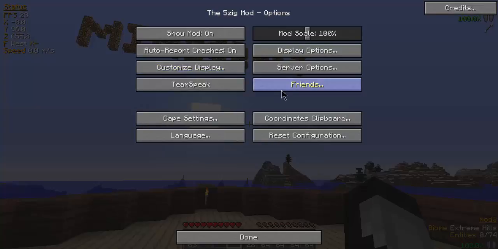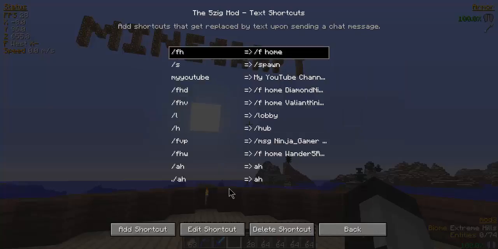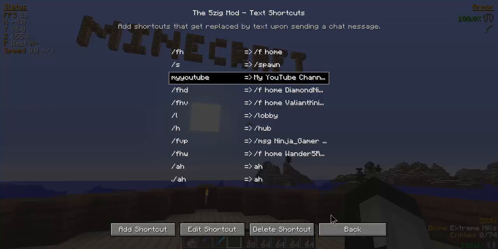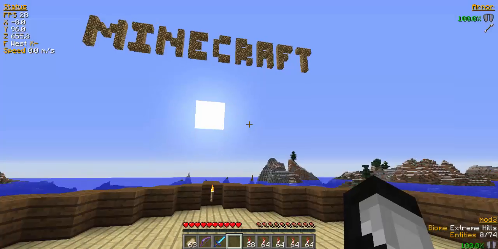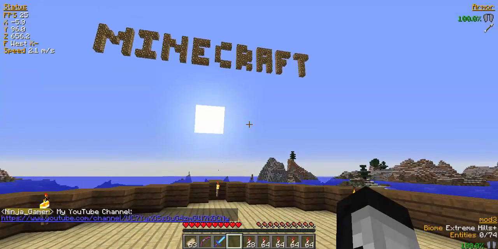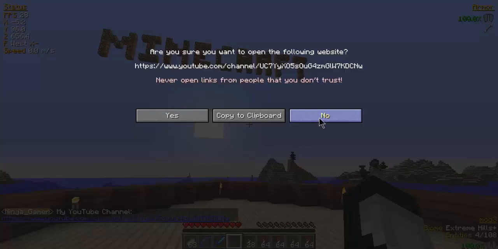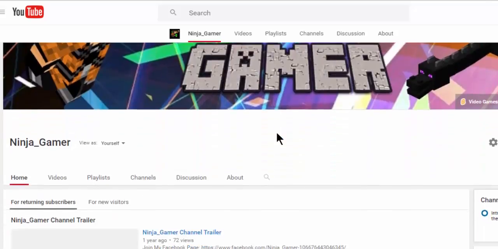for basically just organizing things. One thing under server options, you can do text shortcuts. One thing I found out about this, you can use commands for text shortcuts. So example, /F8 for /Fhome, S for spawn. I can just type my YouTube to have my whole link. So if I type in my YouTube, that shows my entire YouTube channel link and a clickable link also. So I can just go to my own YouTube channel,